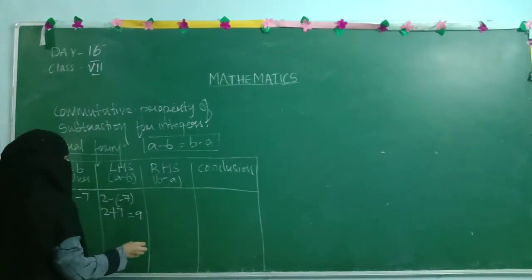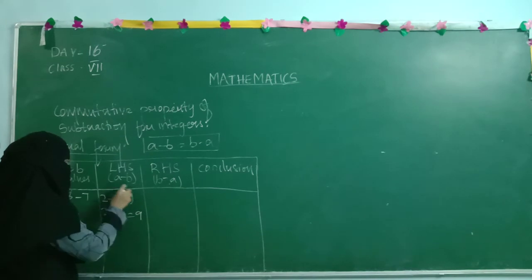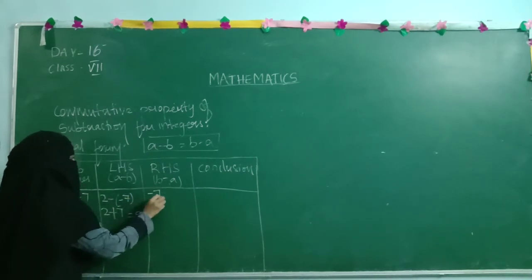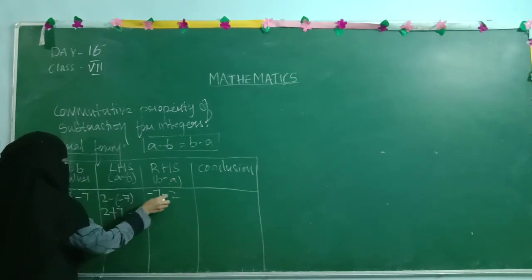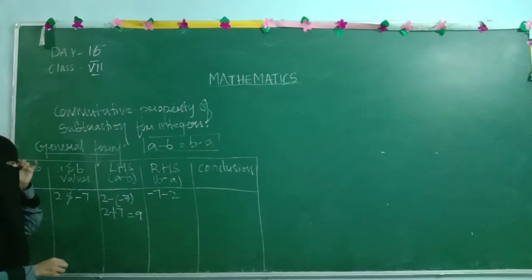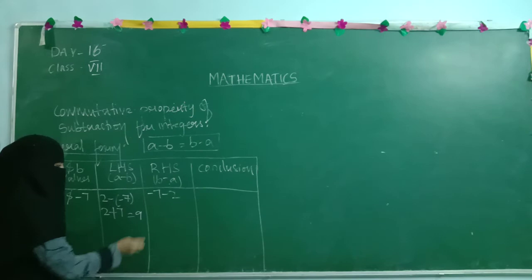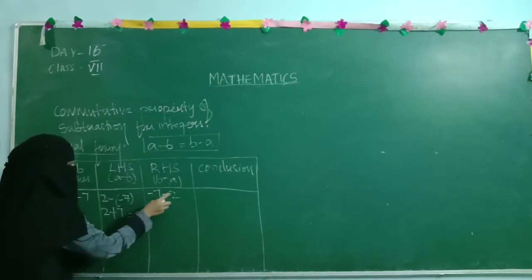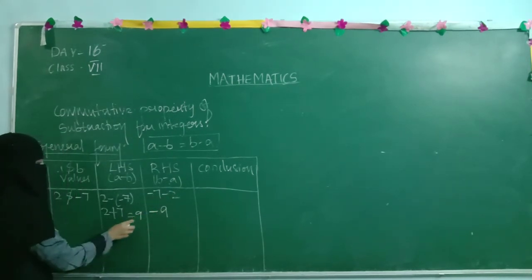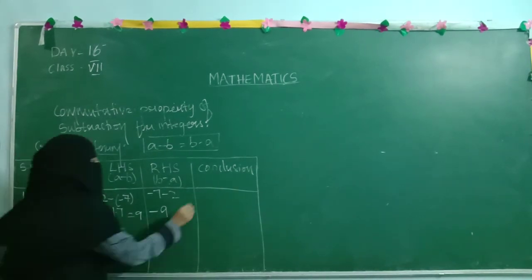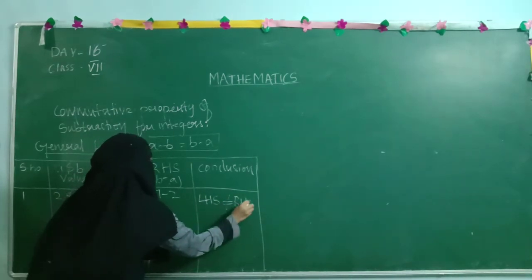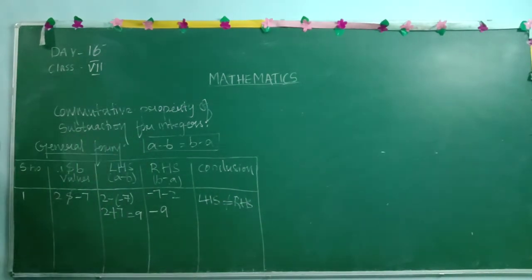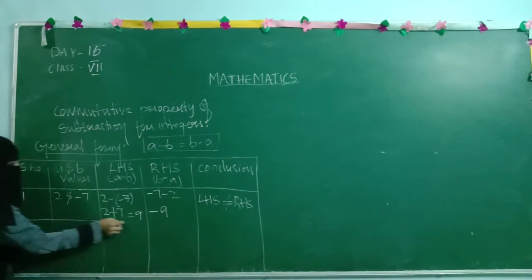Now we will check b minus a. What is the value of b? Exactly, b is minus 7, then the minus sign as it is. What is the value of a? A is 2. Now both have the same sign, so what do we have to do? We have to do the addition, and we write the minus sign. So 7 and 2 is 9. Are they equal? Here it is plus 9, here it is minus 9. So what do you have to say here? LHS does not equal RHS. Maybe for this one number it is not getting satisfied. We will see for one more number.